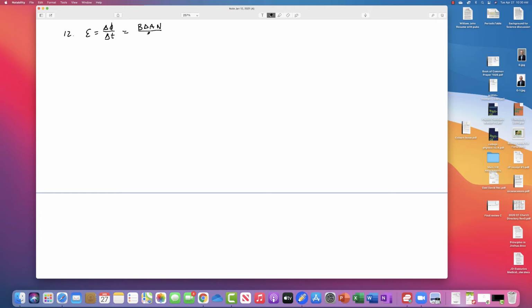And delta t stays the same. Now if we rearrange this in order to solve for B, we get E delta t over delta A over N. And so that's going to equal 10,000